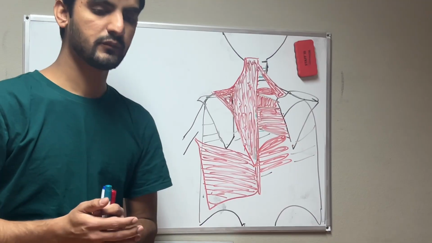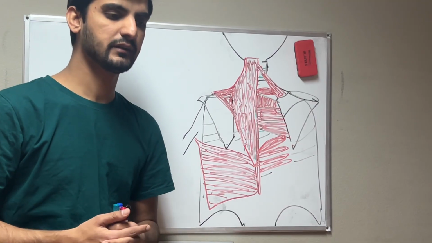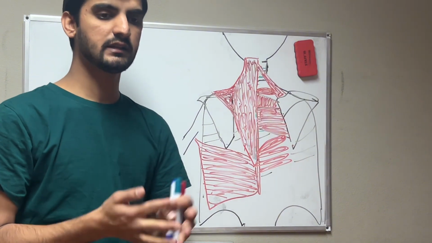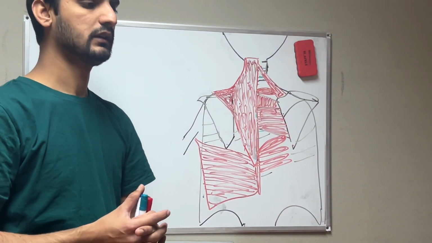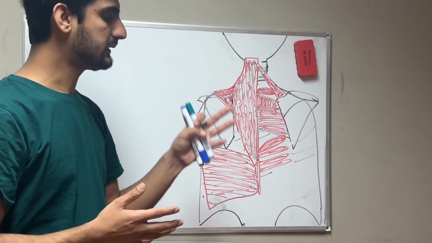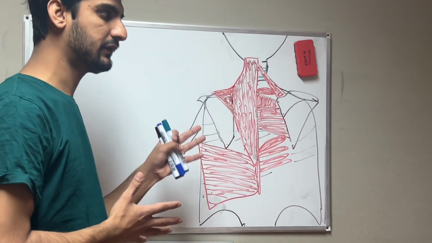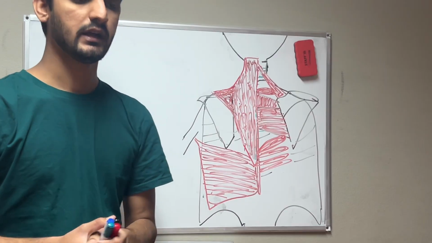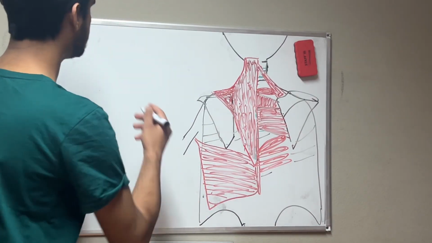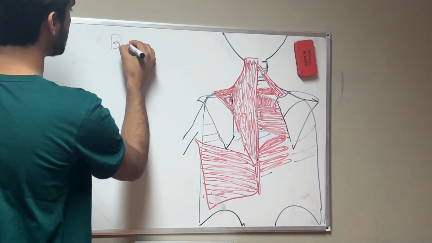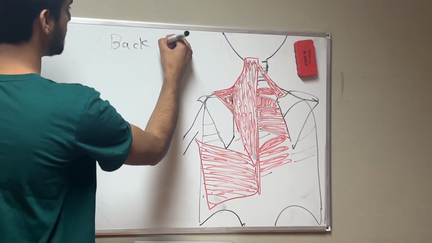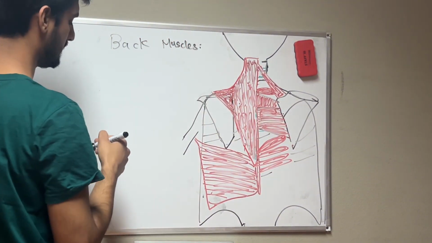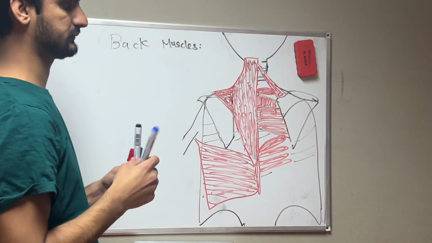Skeletal muscle, we have many types like unipinnate, multipinnate, and bipinnate muscle. Okay, and then we have fusiform muscle. But the most important in the first, our topic today, we will discuss the muscle of the back. And the muscle of the back, we have back muscle. Back muscle, we have two groups of muscle: